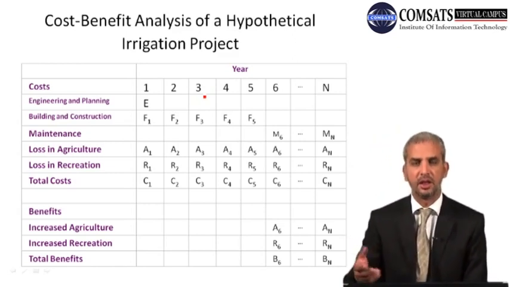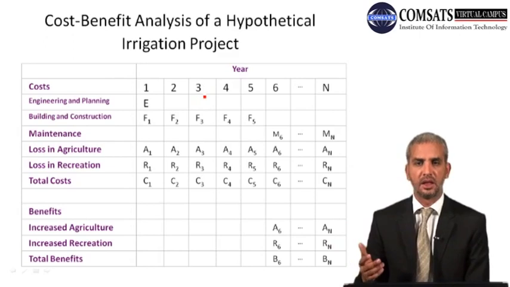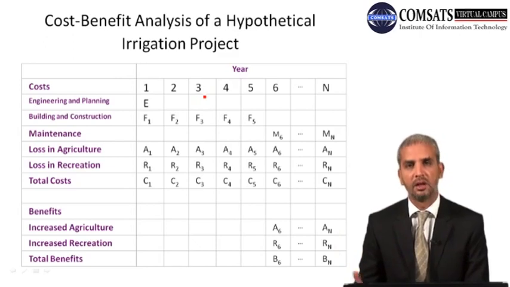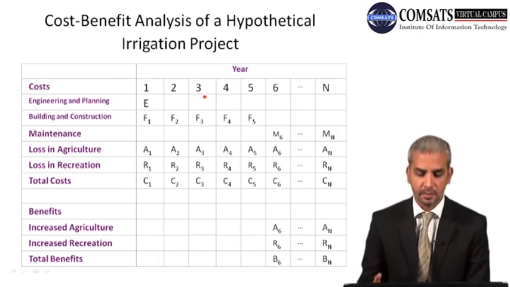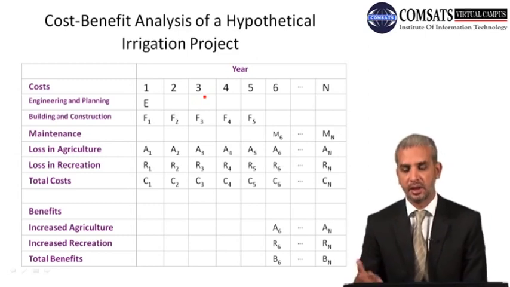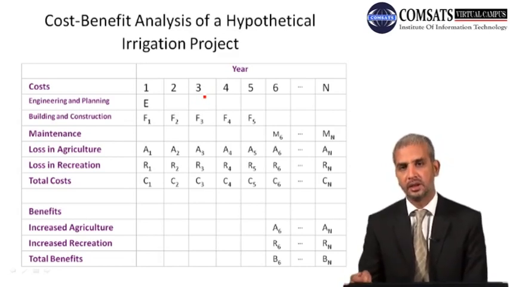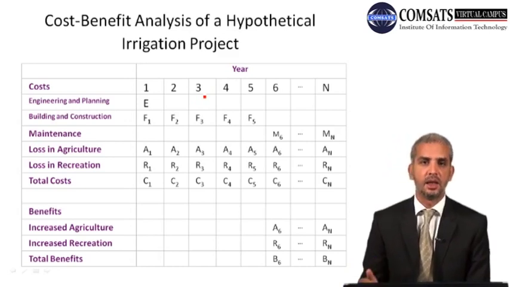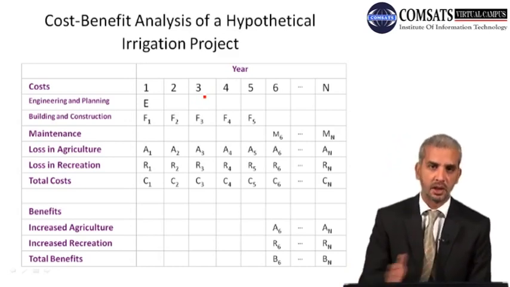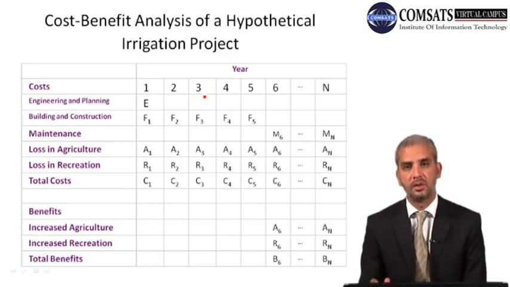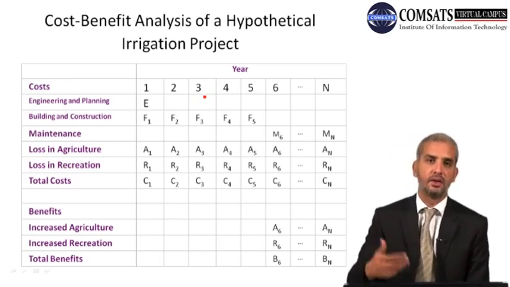For example, let's assume that N is 20 years, the irrigation facility has 20. No doubt it would be a much longer period than that. It might survive for 30 or 40 years, even more, but just to simplify our analysis, we would consider it to be 20 years. So the maintenance cost starts from year 6 and goes up to year 20, which is represented by MN, and that would mean that maintenance cost will start after the project is up and running. So building and construction cost is only up to year 5, because that would be the time when all the activity of labor and capital are employed to build that project.